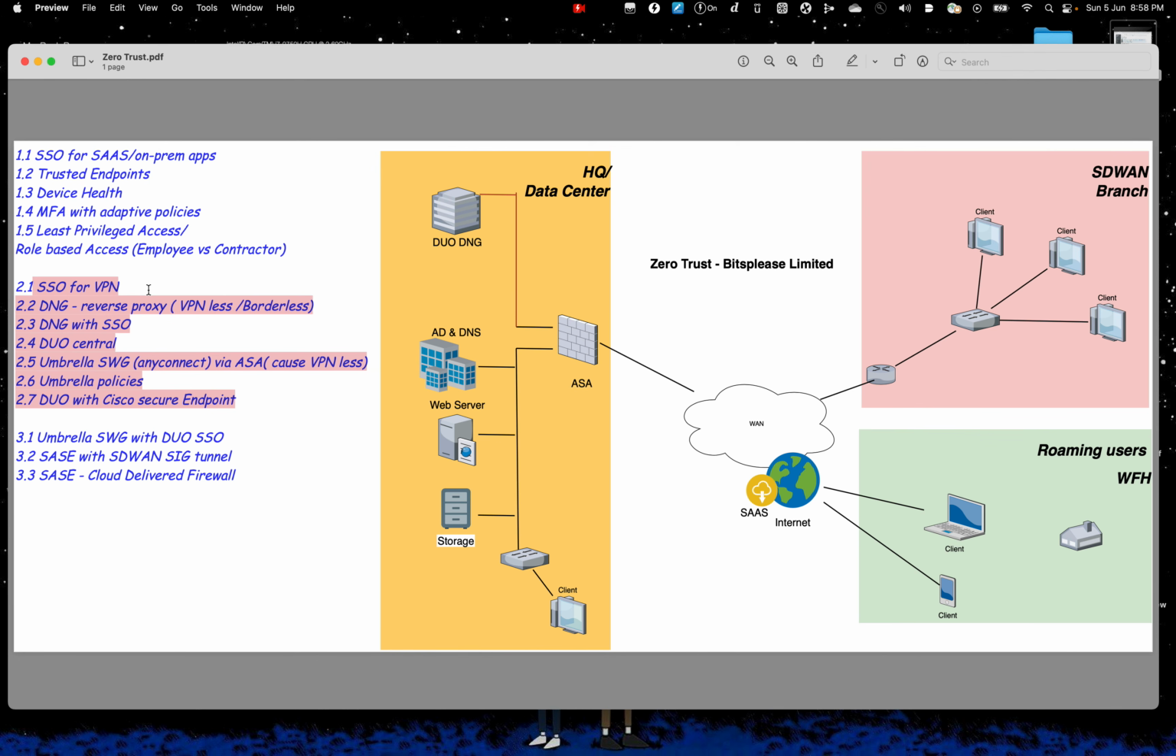Finally, we also looked at how to provide cloud security via Umbrella Secure Web Gateway. We deployed it using AnyConnect and ASA. We created a couple of Umbrella policies, and finally we saw how we can integrate DUO with AMP or Secure Endpoint. That's mainly for this video, and we'll come back with the final use case